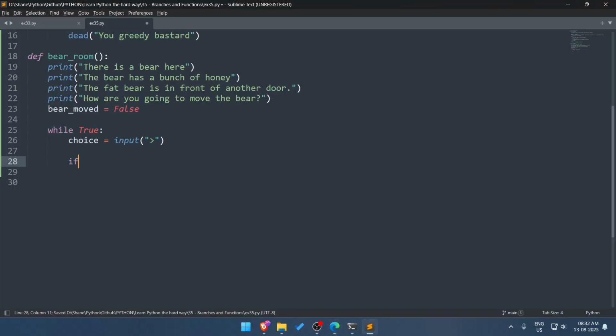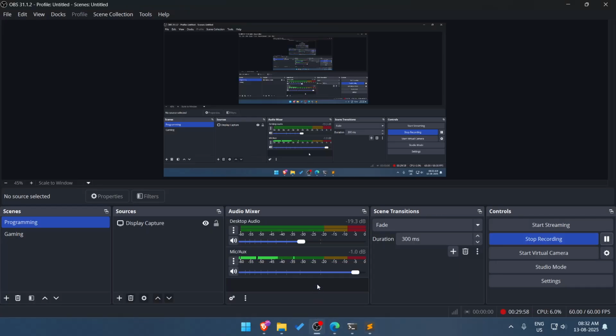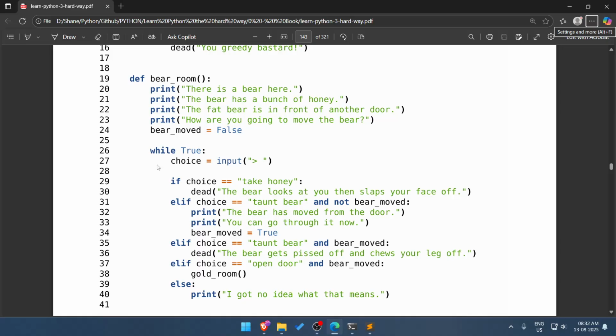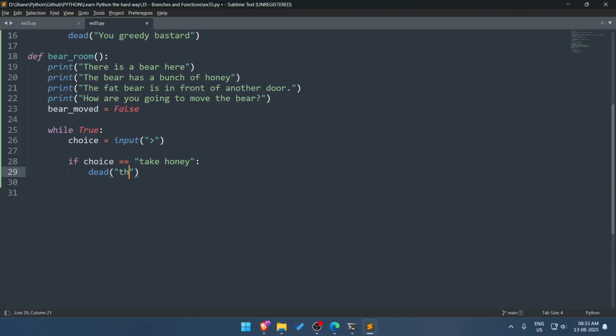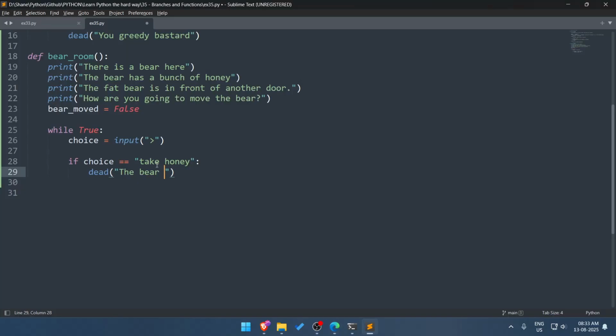We have if choice equals take honey, then dead: "The bear looks at you, then slaps your face off."